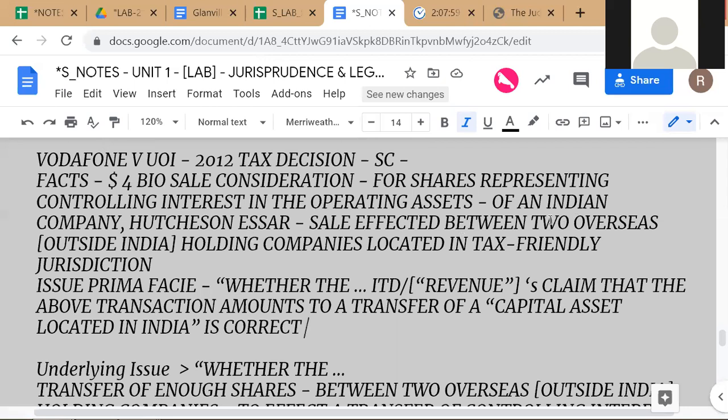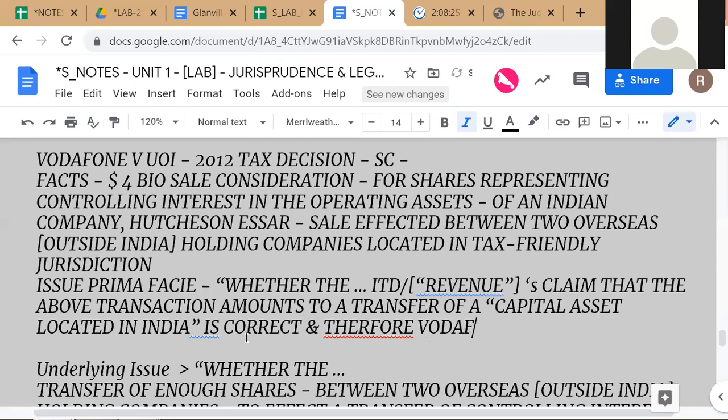It will talk about the names of the two overseas holding companies, and there were many holding companies involved in a layered structure. All those names will be mentioned in the issue prima facie, and then we'll talk about whether this is actually a transfer of a capital asset in India is correct, and therefore,